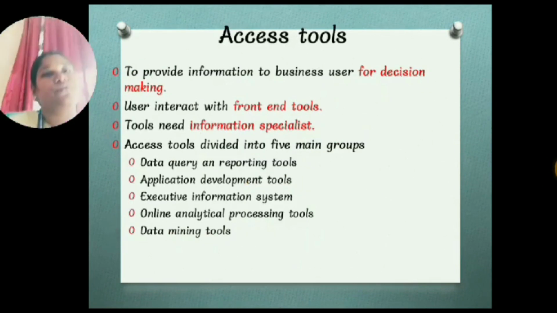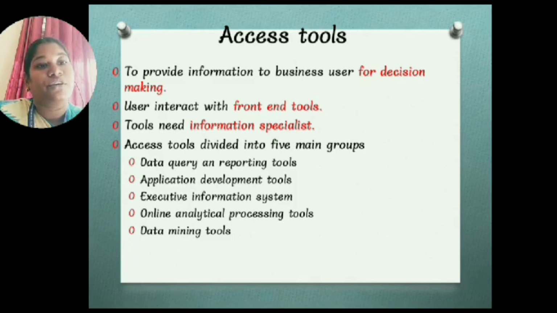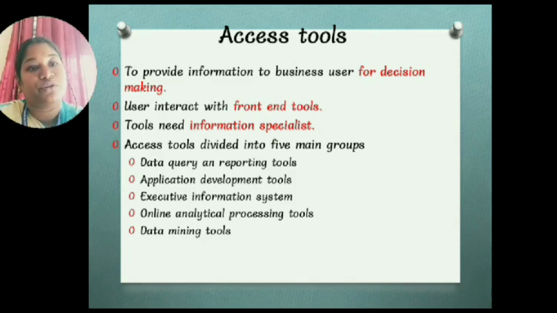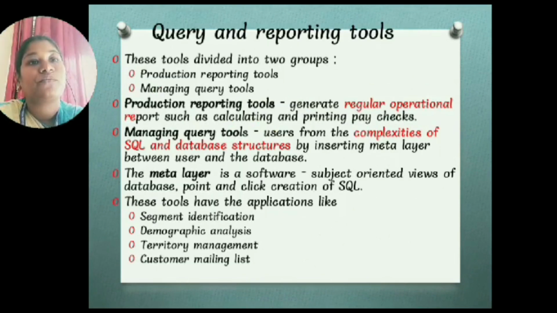The access tools provide information to business users for decision making, user interaction with front-end tools, and tools needed by information specialists. Data access tools are divided into five main groups: data querying and reporting tools, application development tools, executive information systems, online analytical processing tools, and data mining tools. Query and reporting tools provide reporting tools and managed query tools. Production reporting tools are